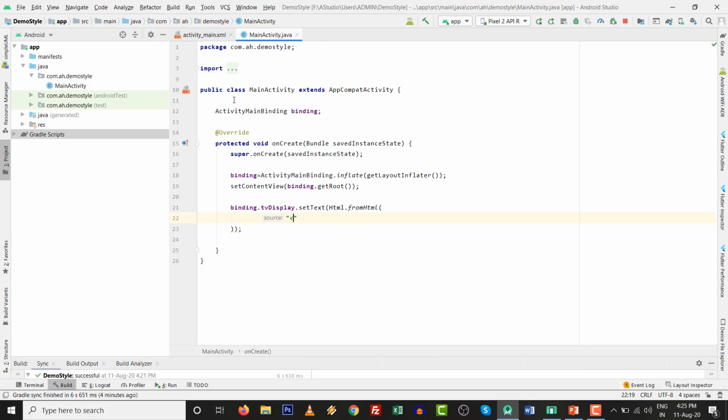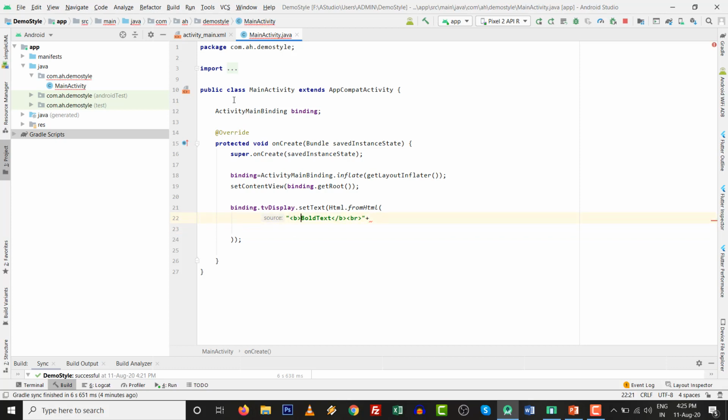I will set the b tag first, for bold text. If you want to set bold text, then you can directly write bold text and /b. After that, if you want to break the line, use the br tag.